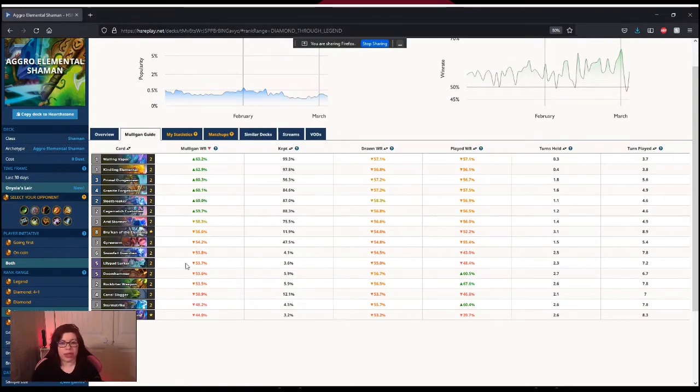So I want to talk about the mulligan, and I'm actually going to show you a breakdown of the HS Replay global stats versus my stats over these games that I took to Legend, and actually even beyond, because I've played some with the list since I hit Legend. So let's look at these. So the first thing we see here is the mulligan guide, and I'm going to show my stats here in